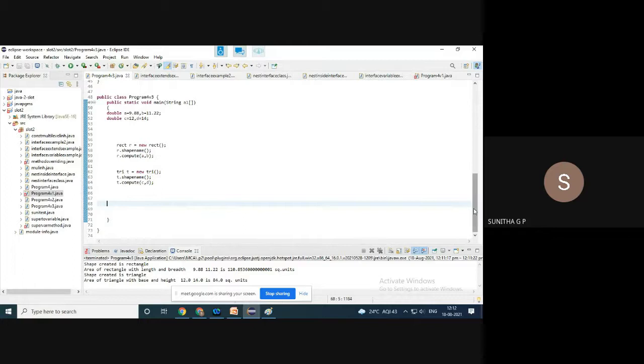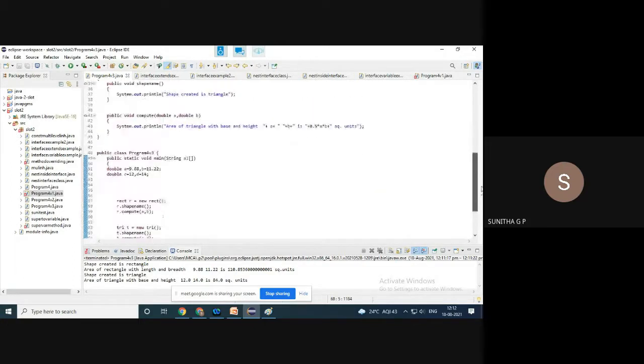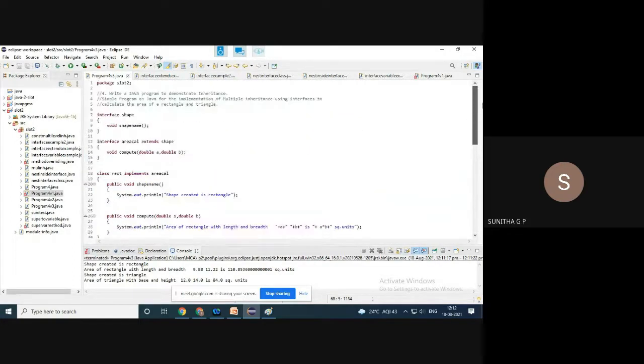Okay, so this program 4 is simply a simple version of all the other things, by making use of extends. Okay, so this is about extending. At a time multiple interfaces are extended or shared by a single interface, and also you can go for different levels of extension of the interfaces. Okay, so that is what we have seen through the programs. So next we will have the